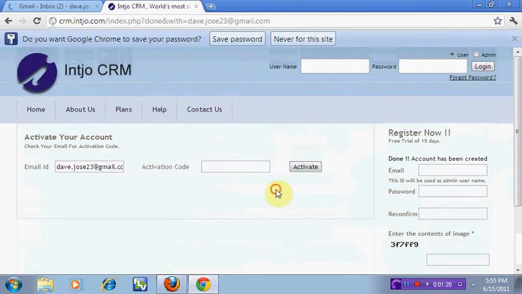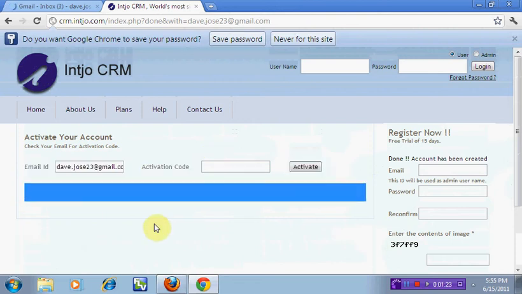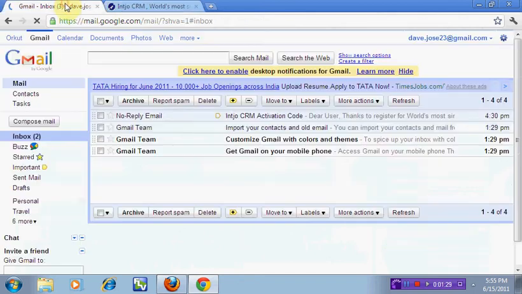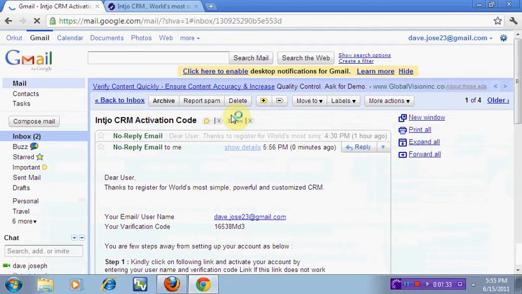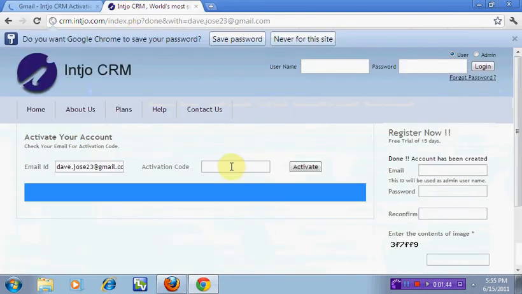After hitting the register, you will come to activation page. Go to your email for activation code. Copy this code and paste it in your activation code. Hit activate.